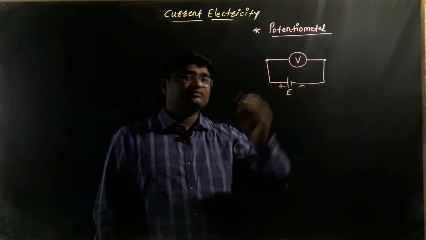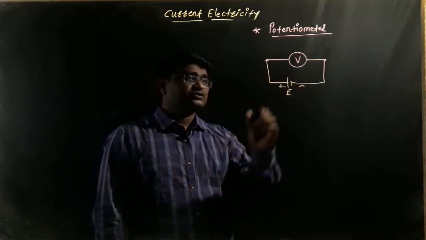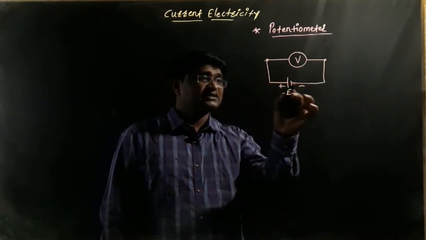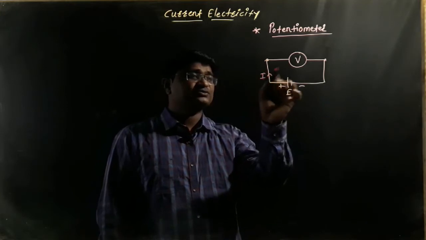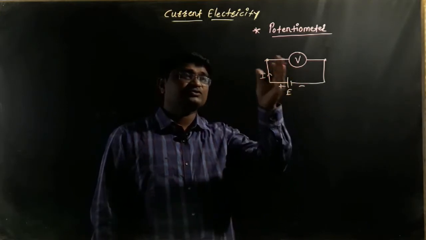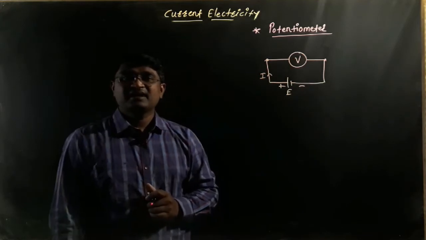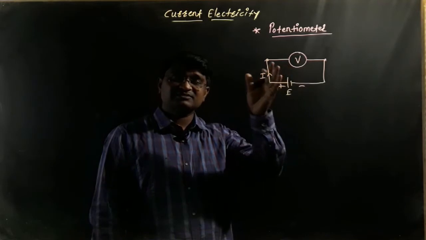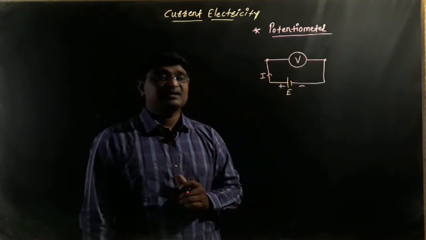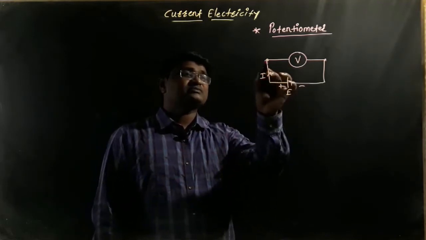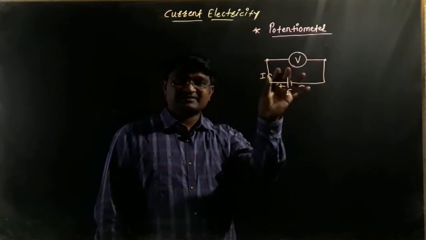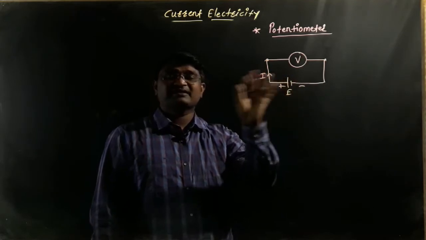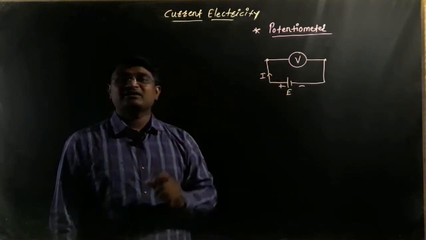Actually, when the voltmeter is directly connected to the circuit, it takes the reading and gives the potential difference when the circuit is closed and electric current I is passing through the circuit. It means the voltmeter operates with the help of electric current, and so it adds some resistance when connected to the circuit. We find the potential difference between 2 points through this added resistance. So we do not get a proper reading because it draws some electric current through the circuit. It is a simple drawback of the voltmeter.